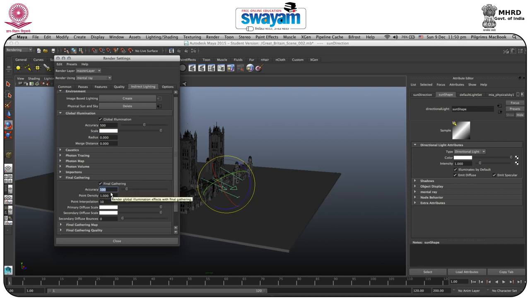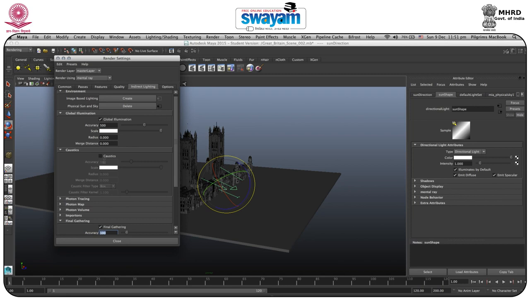If this is 100 by default, you can increase by 120 to 150, but if you have a good PC configuration, you can go beyond 150. Okay, so one more thing, accuracy in global illumination is entirely different as compared to the accuracy in final gather. Okay, so we are not using any caustics material here, so we will not include the caustics. What is caustics we will discuss in next session.